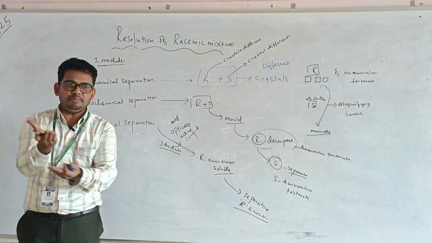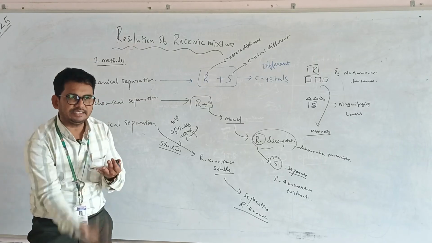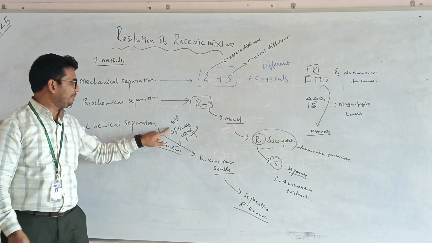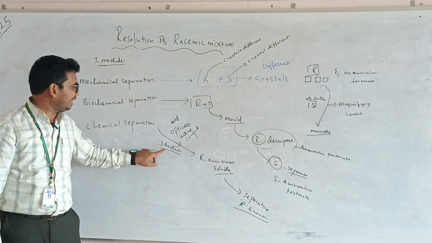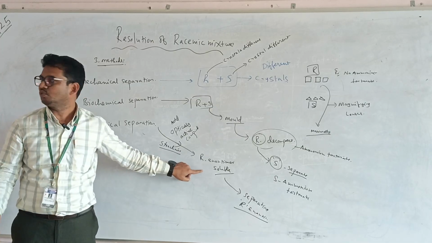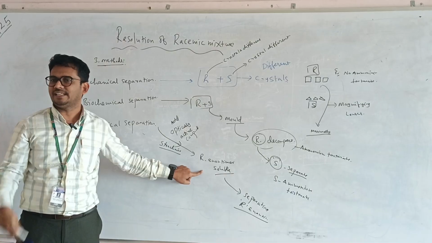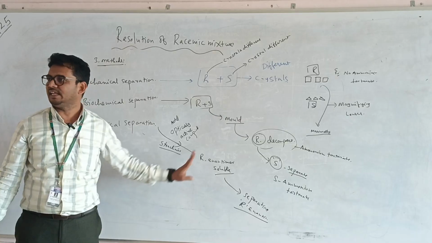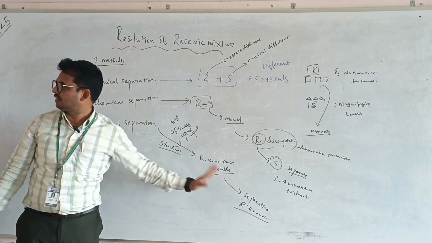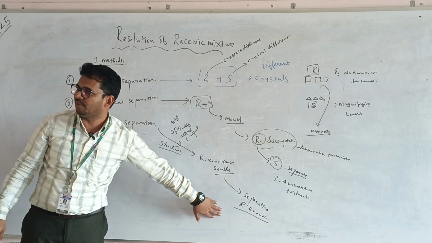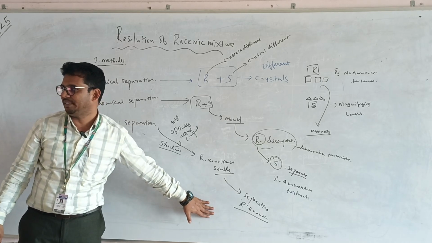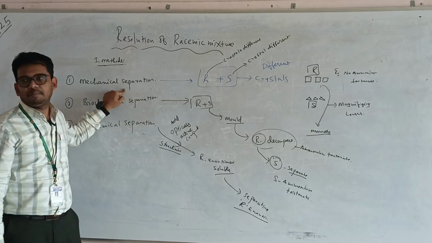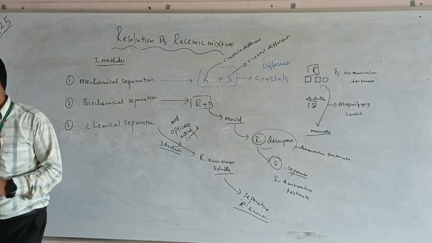Whatever remains above in the filtrate is one enantiomer, and what came down is the other enantiomer. This happens when we add an optically active compound like strychnine. It solubilizes only one type of enantiomer, and the other remains insoluble. Both enantiomers can be separated, the soluble one and the insoluble one. This is the perfect method, chemical separation, compared to biochemical separation as well as mechanical separation. Okay.